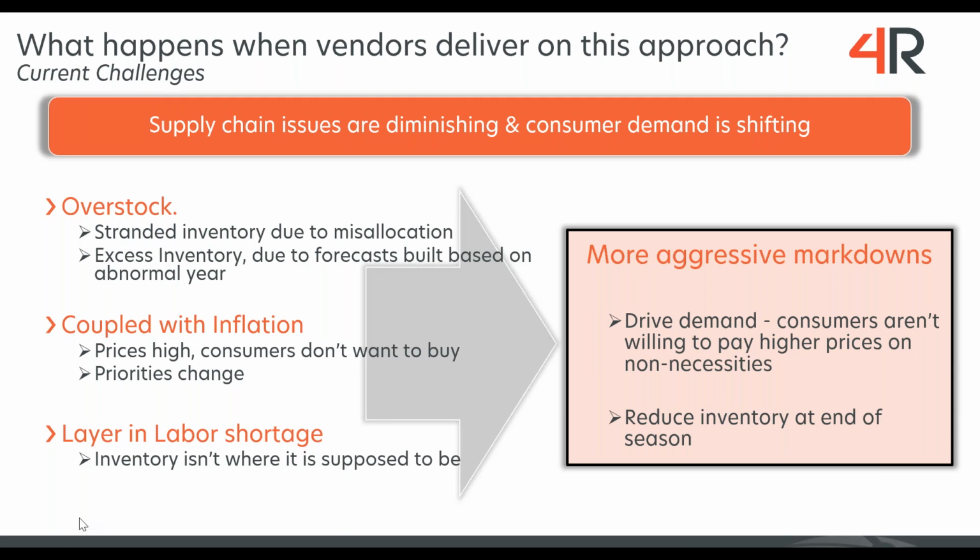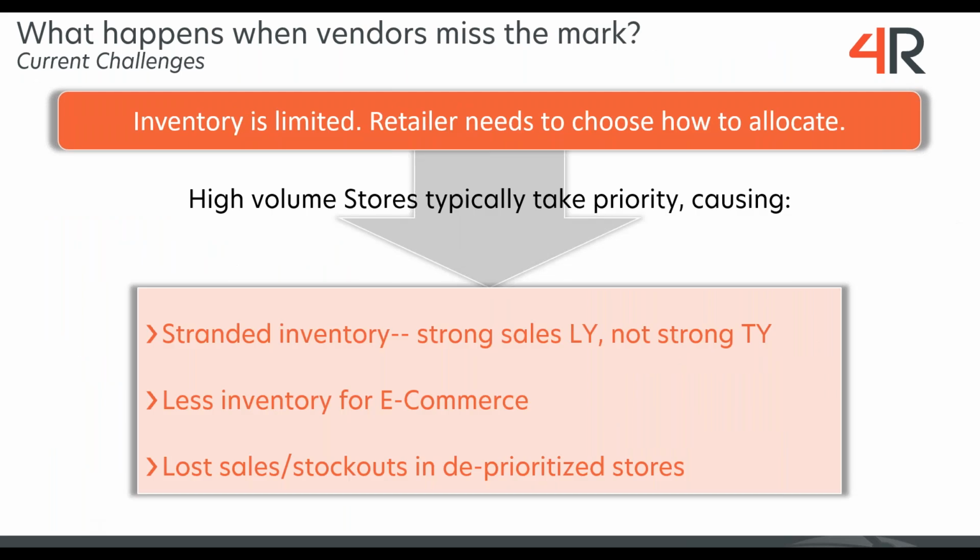Now that assumes the vendor can deliver, but the supply chain issues haven't fully been resolved everywhere. So what happens when these vendors can't meet the order quantities and leave the retailer in a constrained inventory situation? Now the retailer has to choose how to divvy up the inventory amongst their stores. Typically, the method is to prioritize the higher volume stores, but this actually can create a similar set of challenges,